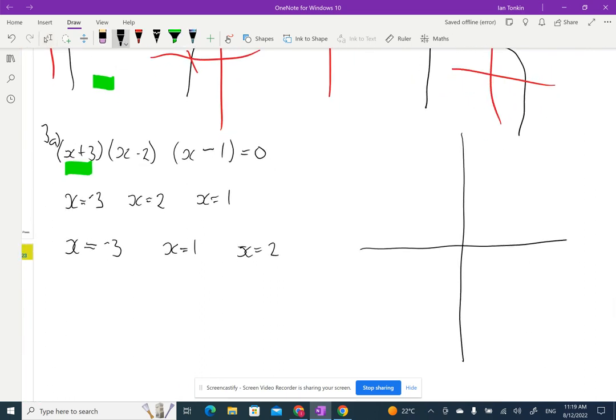and I had my axes there, I'm going to get a root at negative 3, a root at 1, and a root at 2, which means my curve is a positive cubic, so it's going to go up, come down, and go up again. And if I join the dots,